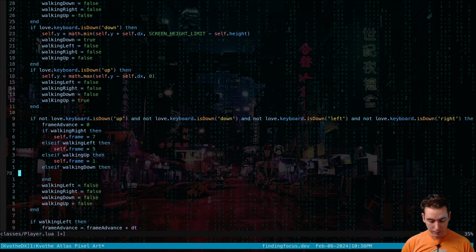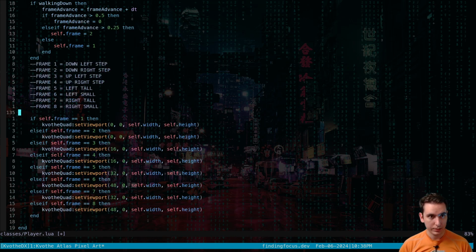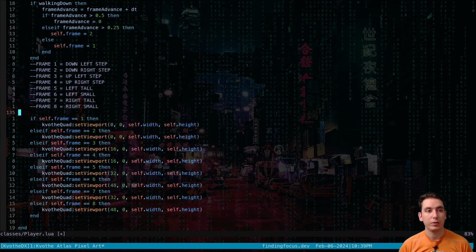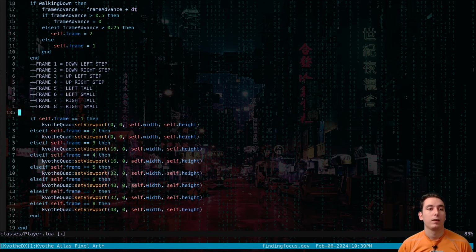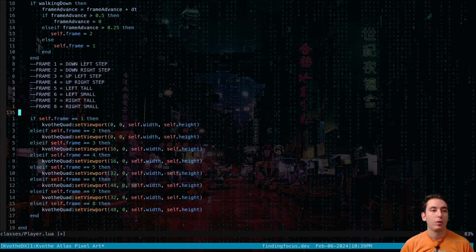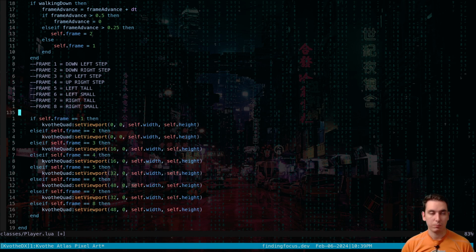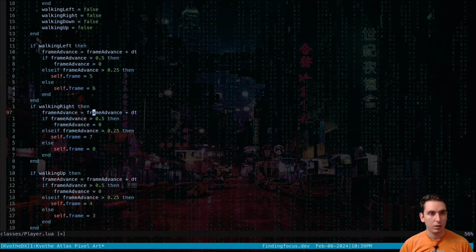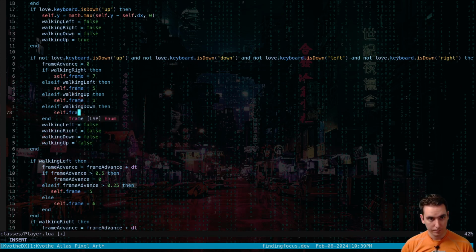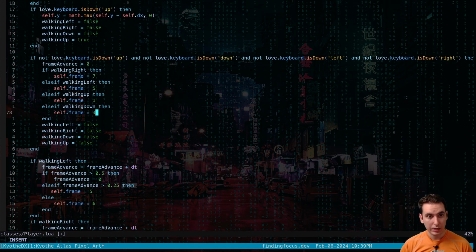And walking down is what frame? Walking down, left step or right step? It should be left step is frame 1, and then walking up, left step is frame 3. So we'll say frame 3. And then